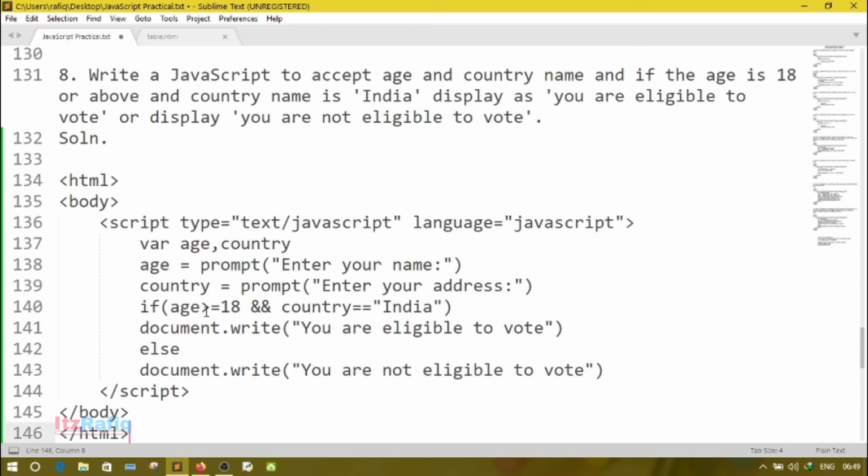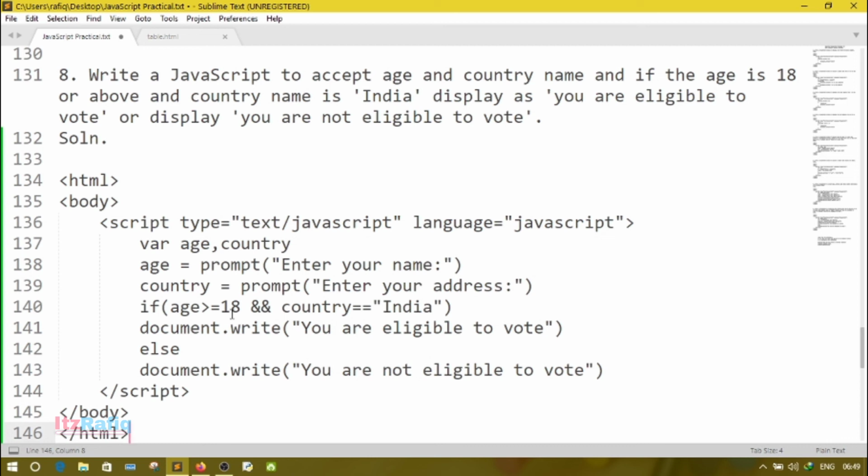After that, use an if statement. If age greater than or equal to 18, it will check the first condition, whether the age is 18 or above or not. After that, the AND operator, then country double equal India. Here I have used the AND operator because both statements should be true, meaning the age of the user should be 18 or above and his country should be India.